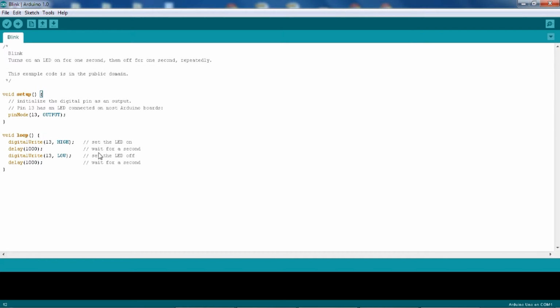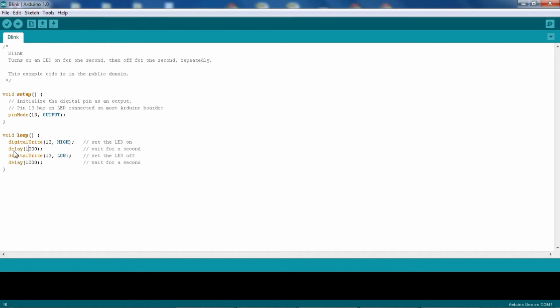So what we'll do is set the LED high, then wait for 1 second. After that, set the LED pin low and again wait for 1 second. This will keep going to make the LED blink on and off for 1 second each. To set the state of an output pin, we use the digitalWrite command, which takes two arguments. First is the LED pin number and second is whether it is high or low. After that, we keep it on for 1 second, that is 1000 milliseconds, through the delay command.